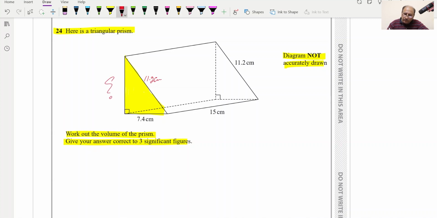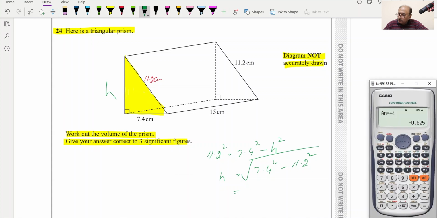This will be, we can apply Pythagoras theorem, so this will be 11.2 squared is equal to 7.4 squared minus h squared, or whatever we can mention this as h, and this will be h squared is equal to 7.4 squared minus 11.2 squared, and for this one we can take under root for h, and this will be equal to square root of 7.4 squared minus 11.2 squared, and this will be, there is some error,